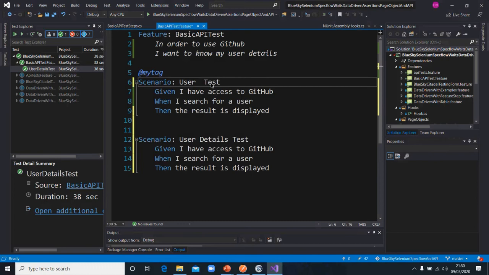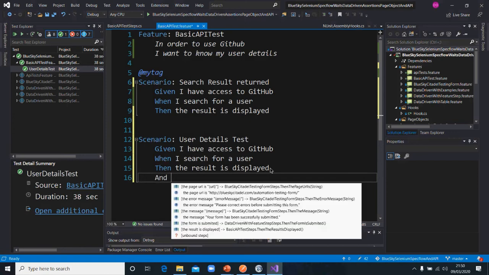Let's change this one to returned. This one would now validate the contents of that user. So this still remains the same. You still do your search, and let's say we still leave this as result displayed, but we want to expand on that one and say,